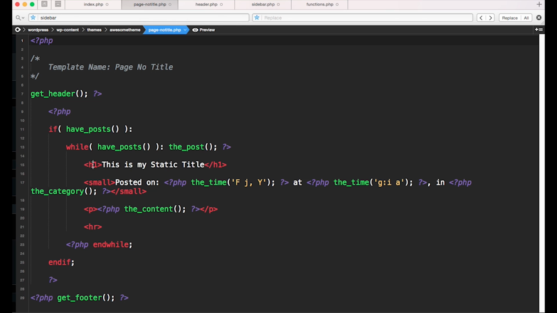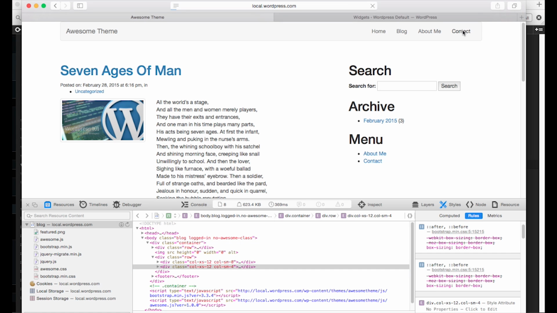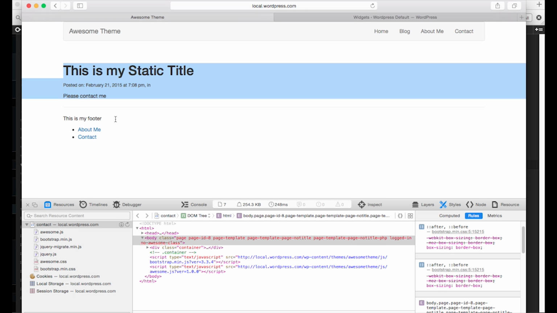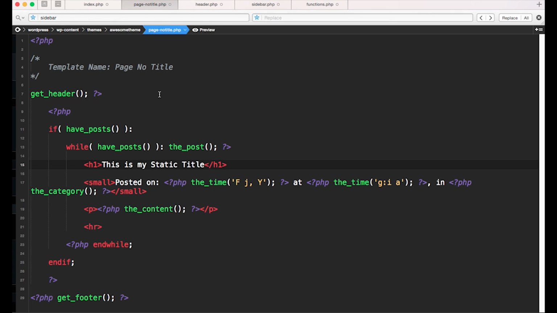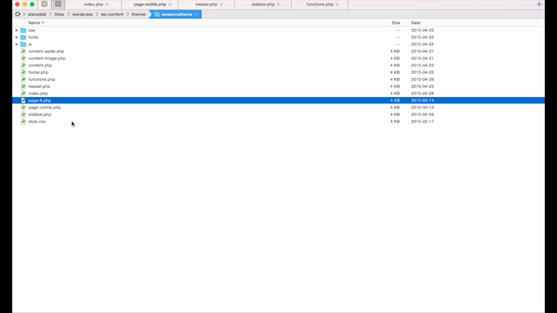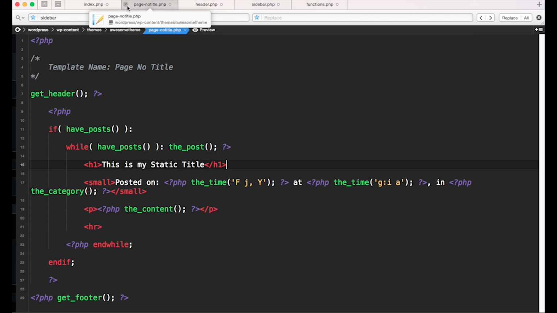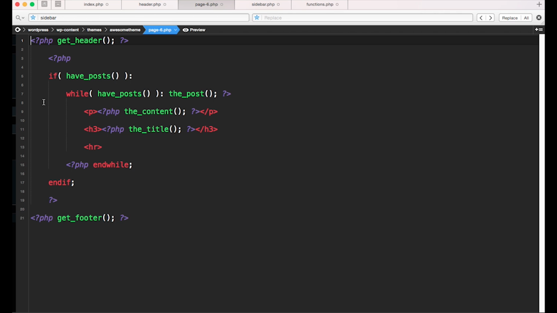if you access the page, you will notice that we have our custom template with this is my static title. And if we access the contact page, because it is associated to that specific template, we have here that specific markup. So always remember, if you have some custom page for some custom content, you have to recreate, if you want to use it, of course, the same structure that you have in the index for those specific pages. So for example, I have the page-6